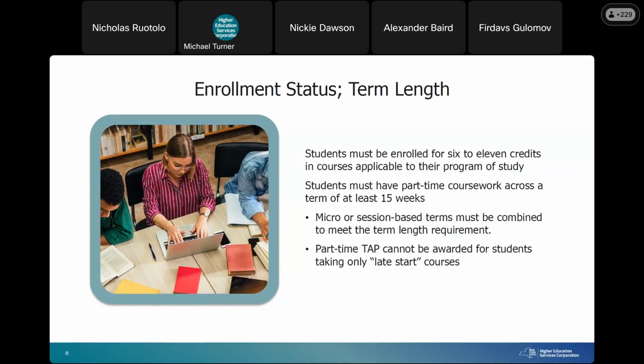They also must be taking coursework that spans the minimum term length to receive New York State aid, which is a term of 15 weeks. So if you're a school that runs micro or session-based term structures where your fall semester has 2 or 3 sessions that encompass the entire fall semester, the students need to have coursework across all those sessions, all of those terms that make up your fall semester, in order to be considered for any New York State aid